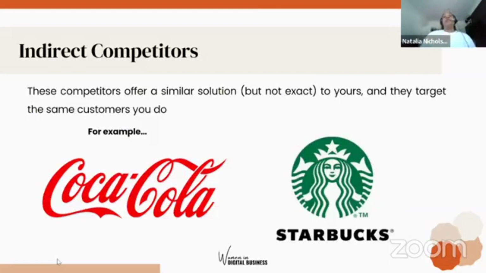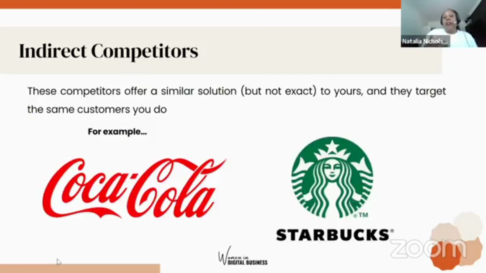So maybe if you're starting a business, like my business is NN Inspirational Gifts, but I started off selling candles. So my direct competition will be candle sellers. But in terms of my main overall goal of selling inspirational gifts, which could be a line of loads of different products, my indirect competitor could be something like a store on Etsy or Not On The High Street. Okay, it doesn't exactly sell candles, but it's an indirect competition.